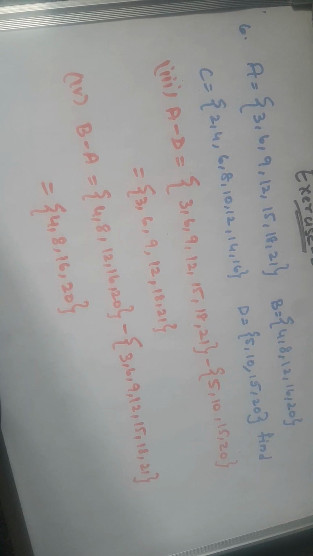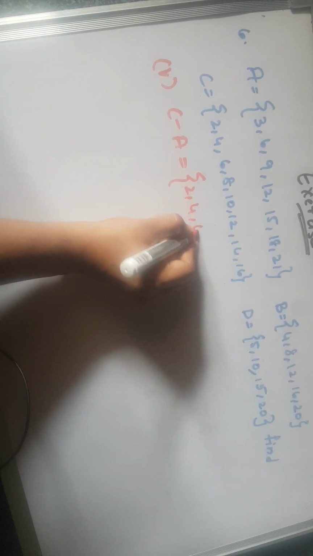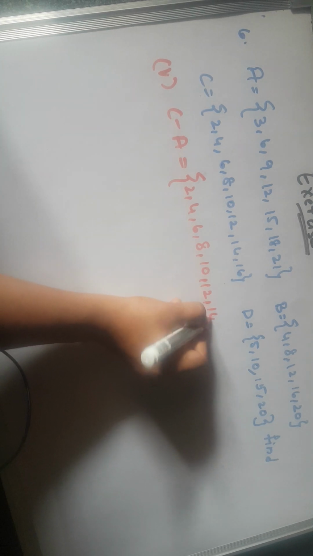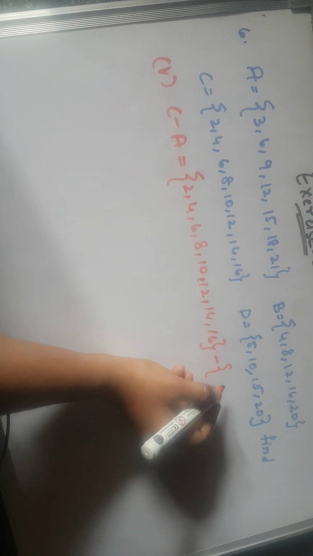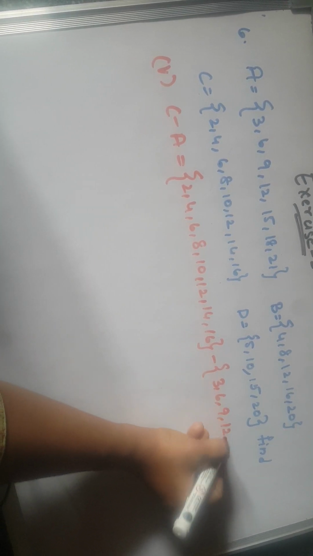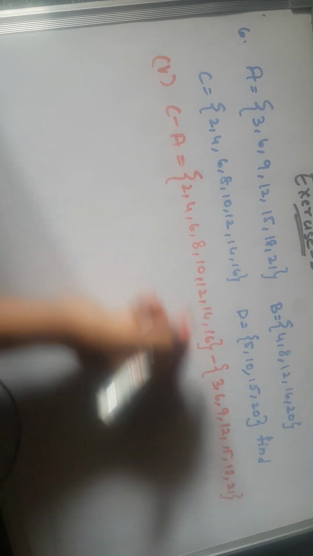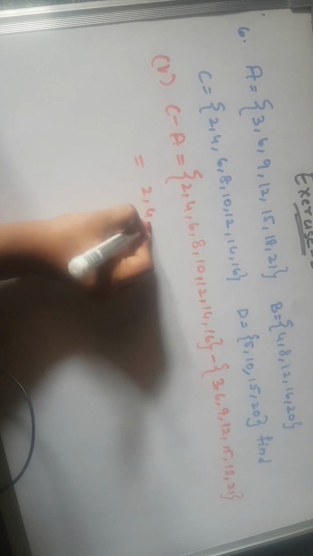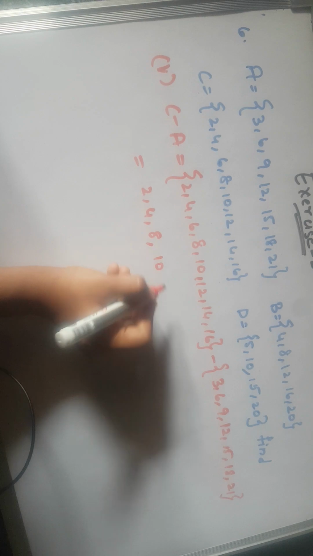Now finding the value of C minus A. What are the values of C? 2, 4, 6, 8, 10, 12, 14, 16. Minus what is the value of A? 3, 6, 9, 12, 15, 18, 21. What are the common values? 2, 4 is not there, 6 is there, so cancel it, 8, 10, 12 is there, so